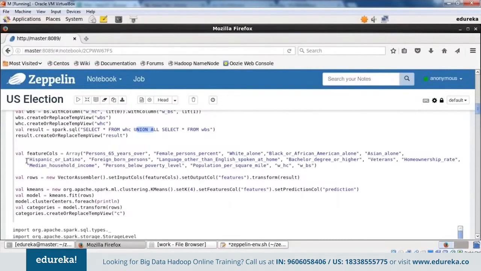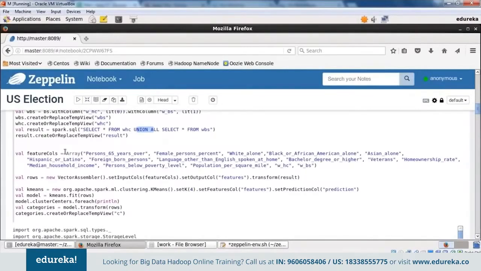This is where we are going to perform k-means. But first we have to define the feature columns. Actually, you have to define what is the input that you're going to feed so that you get an output. So this is actually the input that you are going to feed to the machine so that the machine learning goes on, and finally it gives you some kind of result, right? So this is where I'm defining.